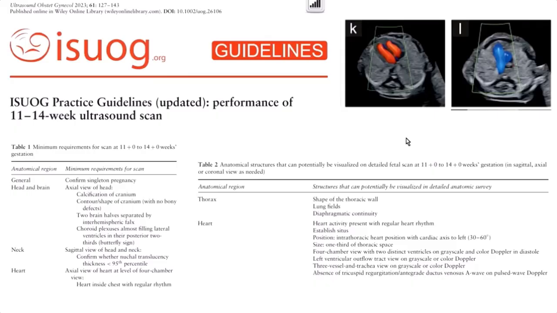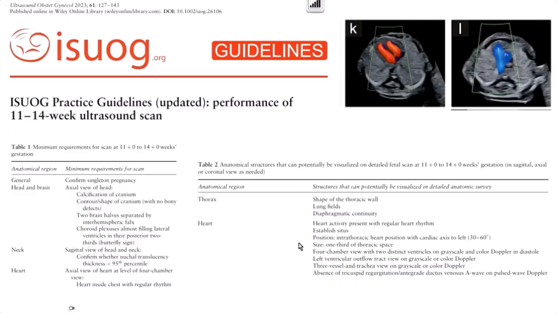If we are doing the basic assessment, the requirements are relatively narrow: we need to see the heart inside the chest, and we need to evaluate the axial plane at the level of the four-chamber view. But if we are performing the early anatomy screening, the more detailed ultrasound, here